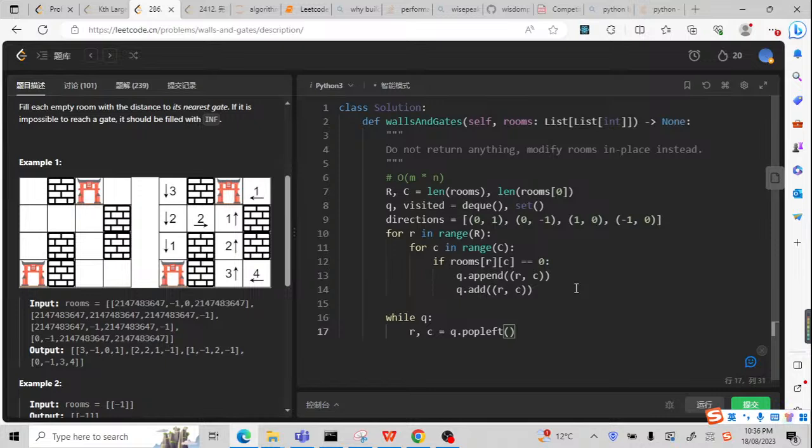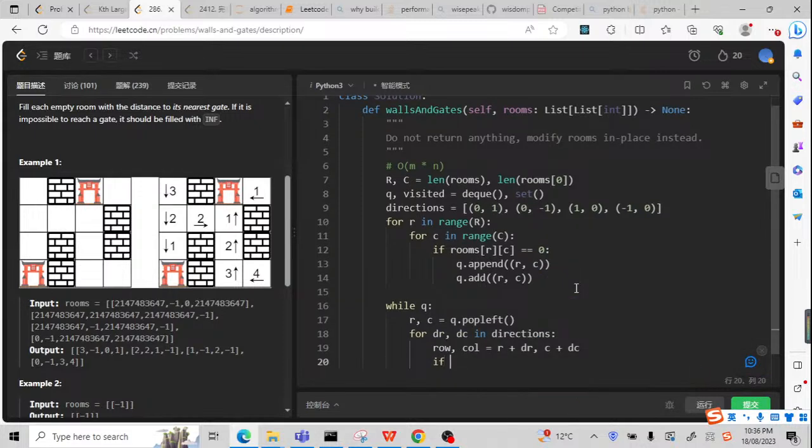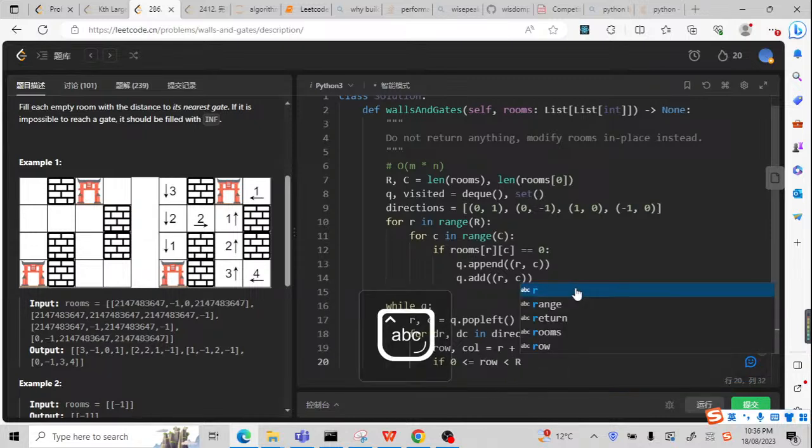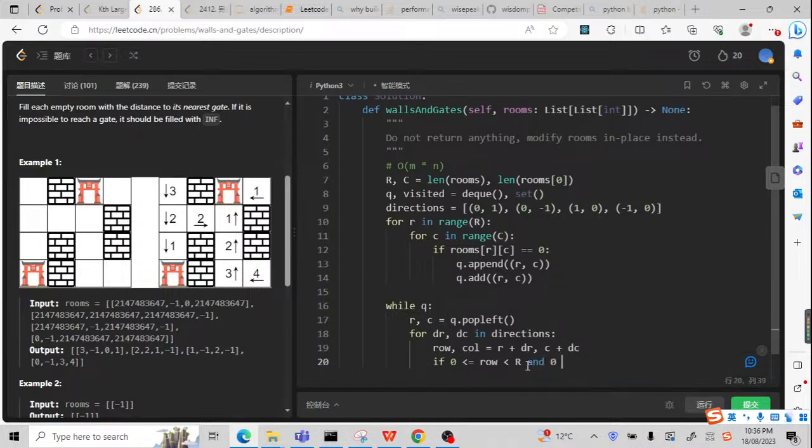After popping the first node, we're gonna update the RC. So for DR and DC in directions, let's update the new row and new column, which should be R plus DR and C plus DC. Now we just need a check. So for 0 less than or equal to the new row, less than capital R, and similarly for the column, more than or equal to 0 and less than capital C,